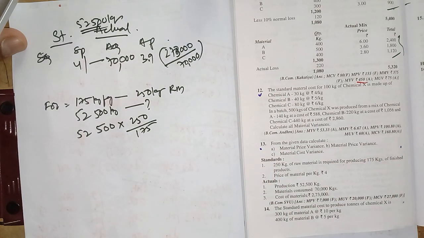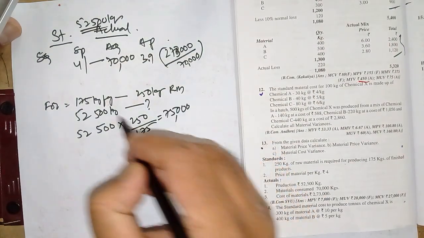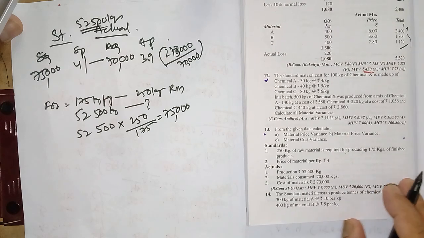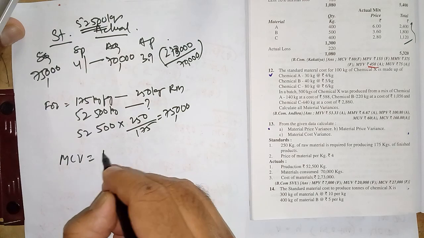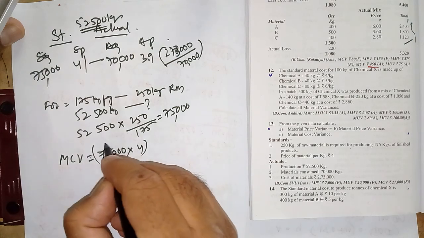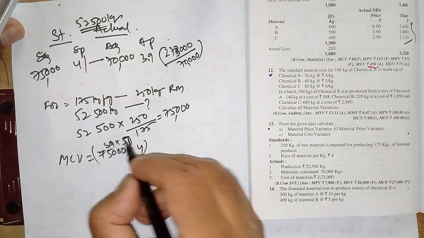So we get 75,000, right? Very simple question, we can easily calculate. MCV is equal to 75,000 into 4, that is SQ into SP, right, minus